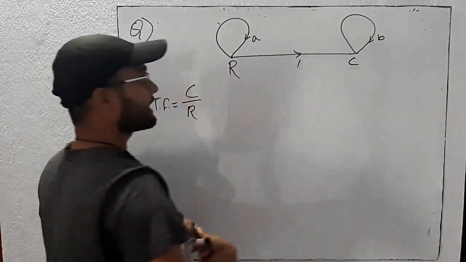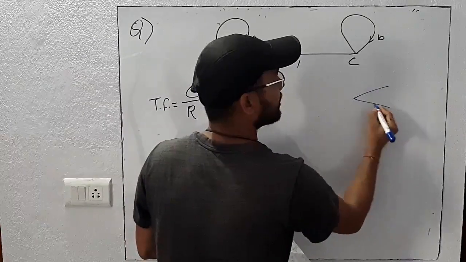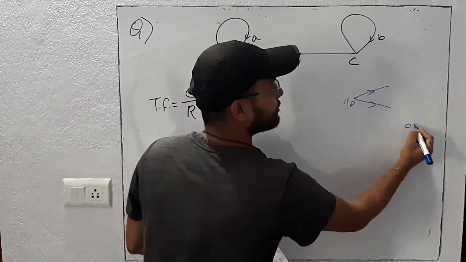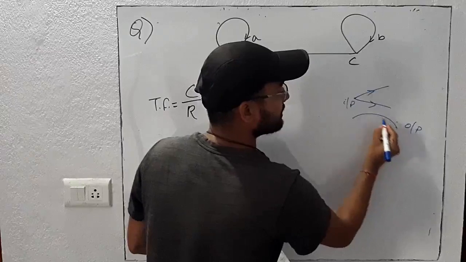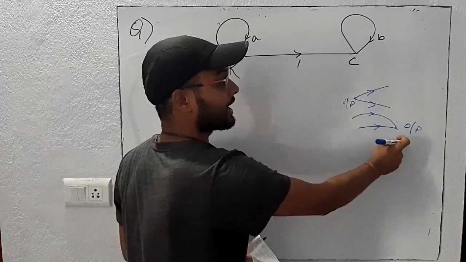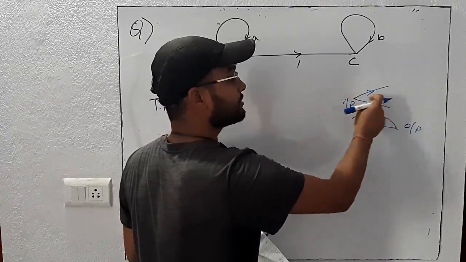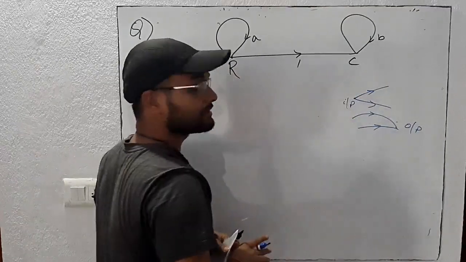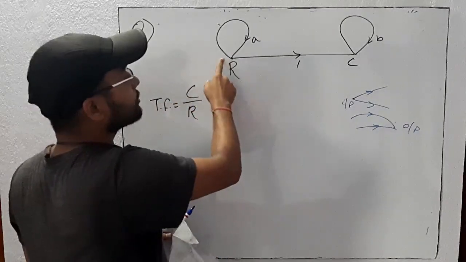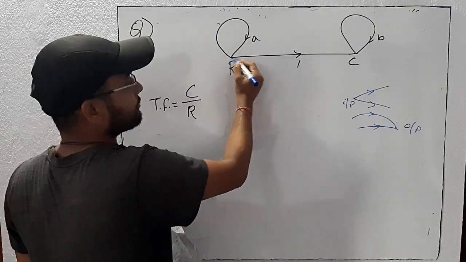Before that, I will tell you the definition of input and output node. An input node is a node from which only outgoing branches are there, and an output node is a node on which only incoming branches are there. If there is a single outgoing branch from a node, then it can't be considered as the output node, and if there is any single incoming branch, then it can't be considered as an input node. So in this question, we can see this node can't be considered as the input node, because one branch is incoming here and one is outgoing.